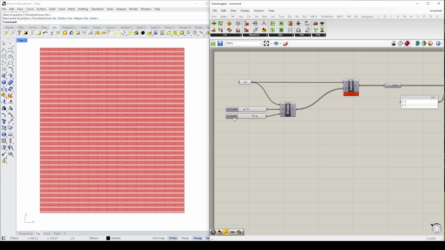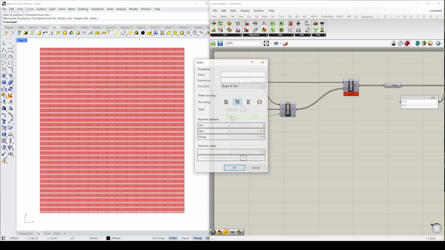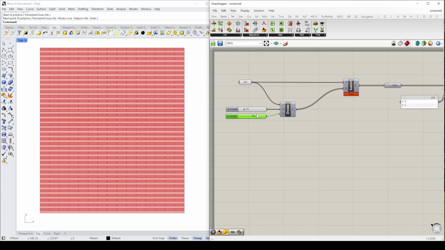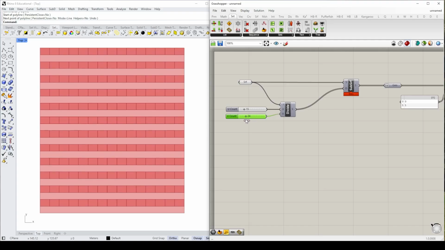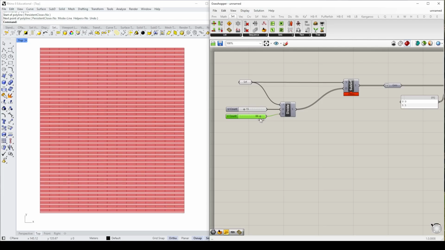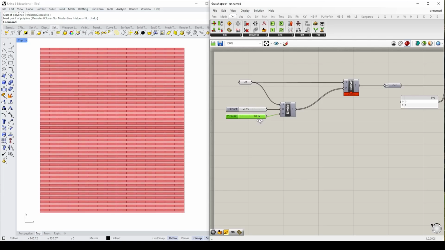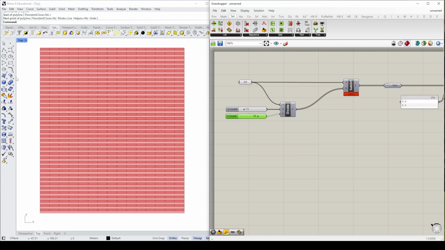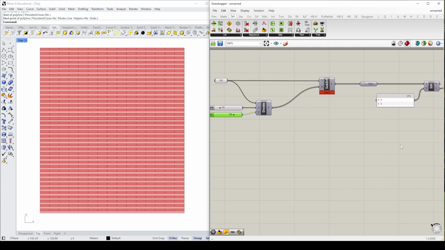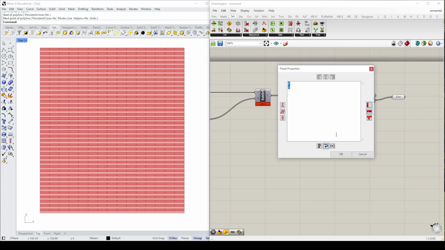So what I might want to do is come here on my v count, double click that, and there is an option with this slider accuracy to allow only even numbers or only odd numbers. So we want to have this even numbers checked, which will allow us to only spit out even numbers, which will make this particular example work properly. If you don't have that set, you're going to get results that are different from what you're going to see here. Now, notice I could also come here and do true,